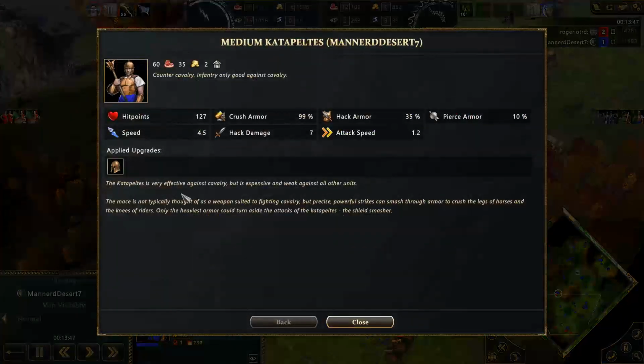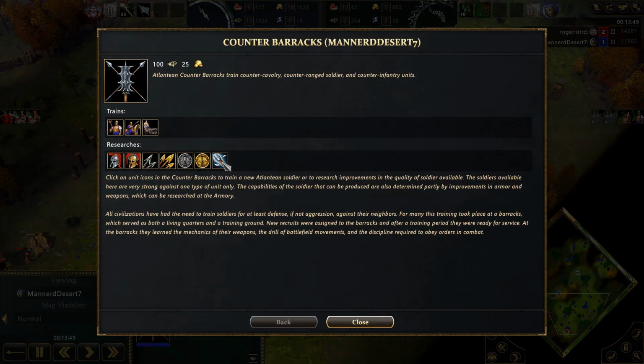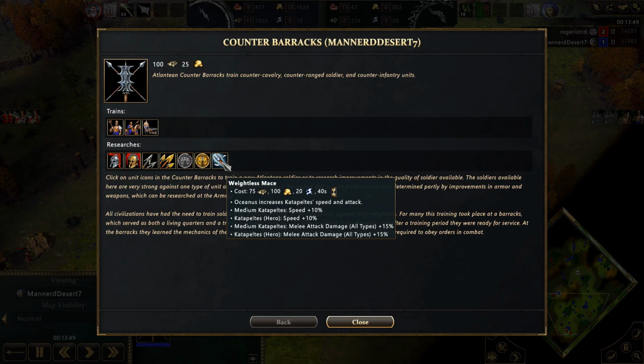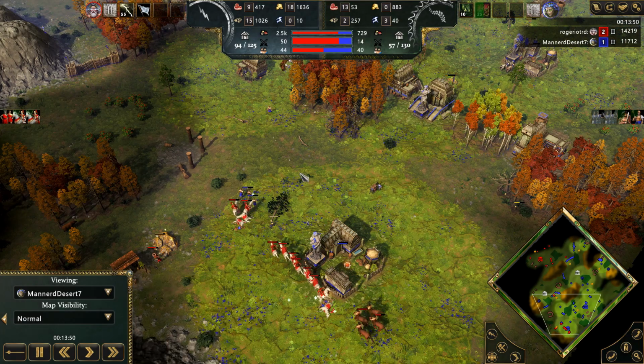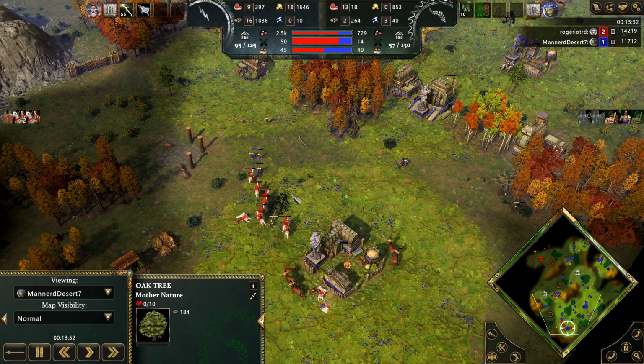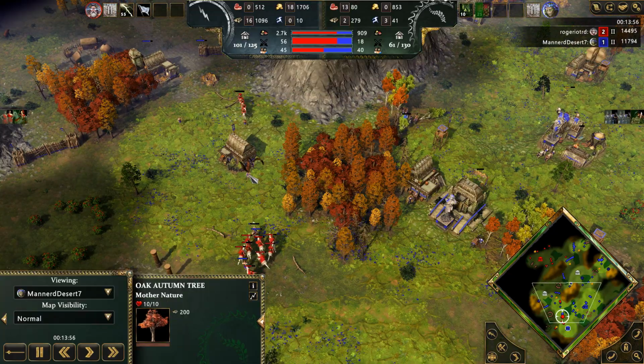Let's see here. Do you have... Okay, you need to get the weighted... One thing you must do if you're going Oceanos versus this is weightless mace. This is a huge bonus for Atlanteans against a cavalry-focused or cavalry-heavy attack. It significantly helps you out. Another thing you can do is...